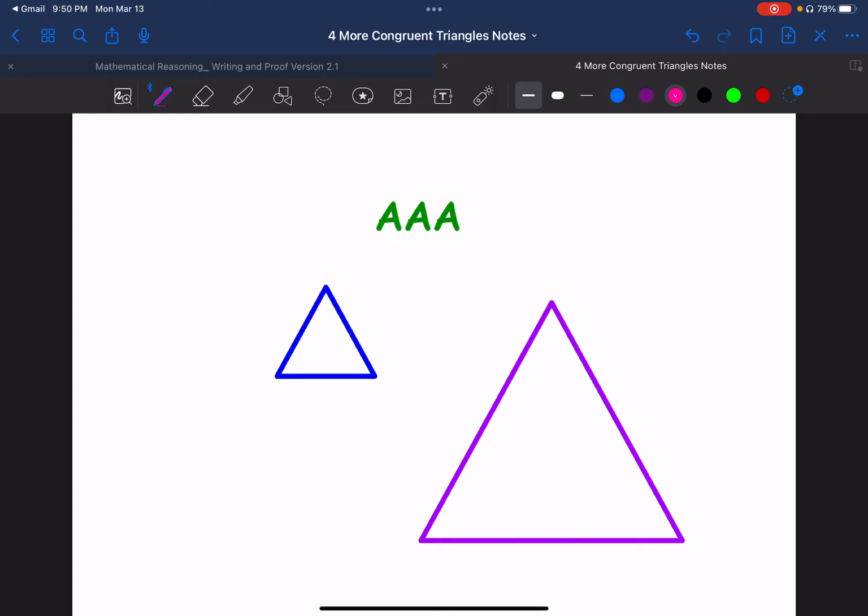The main culprit, the one that I guarantee will get you, is this one, AAA. Because it's really tempting to say that these are congruent if all of the angles line up. But we've talked about this in class: when we have any situation like this, the angles are based on the ratio of the sides,